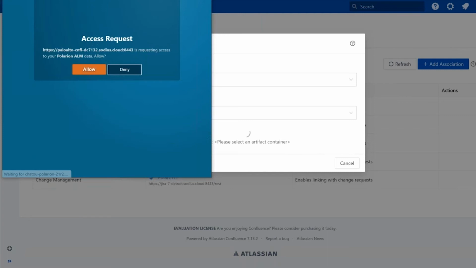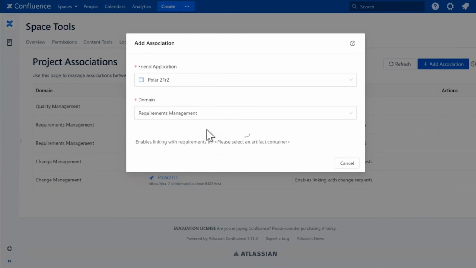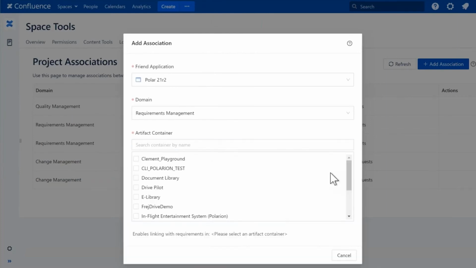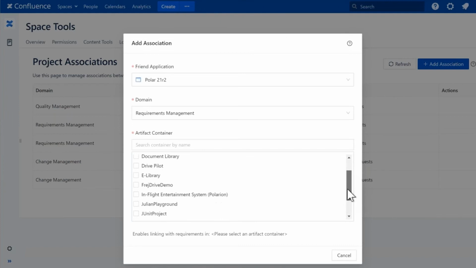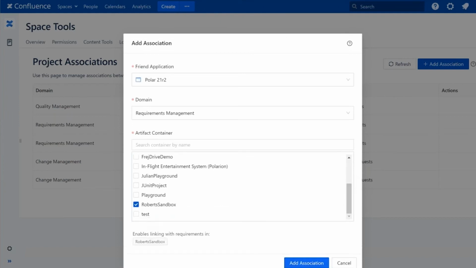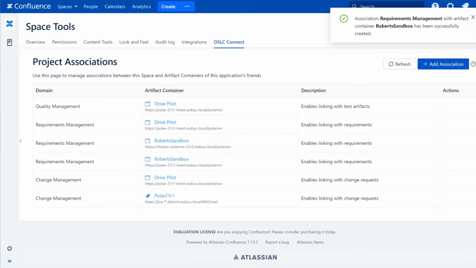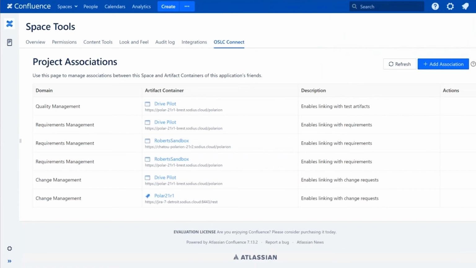Once I log into this system, I can select which projects I might want to make that association with. You can see through here, I can pick, say, one of my projects and add another association there. That's what allows me to pick which artifacts I might be able to create in which domain, as well as which projects I'm connected to.